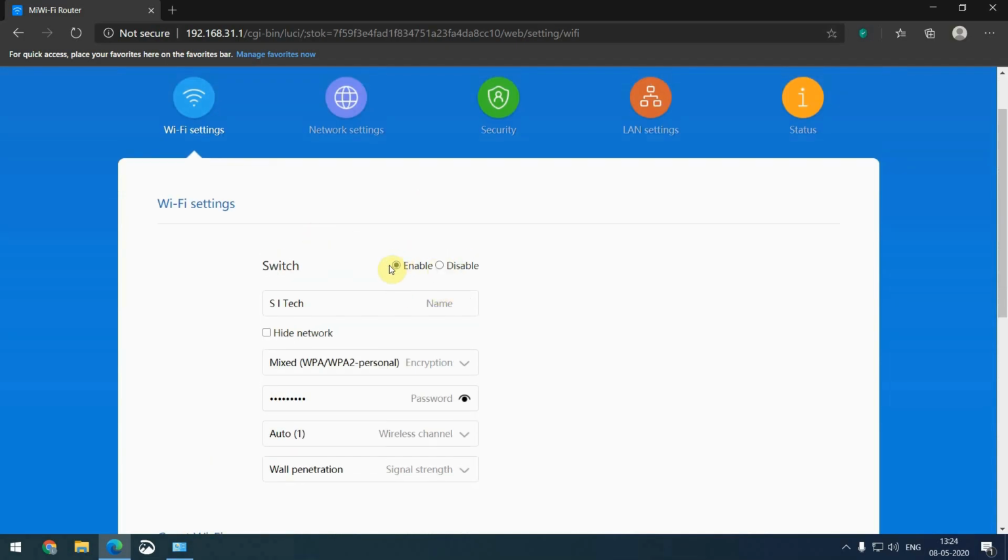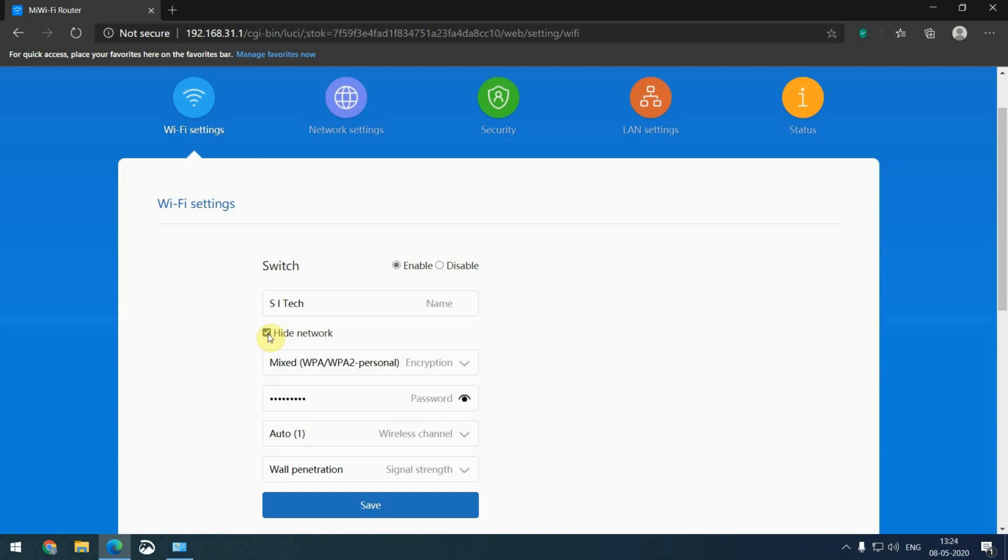Okay, coming to the Wi-Fi settings, here we can enable or disable the Wi-Fi. If you don't want to set up the Wi-Fi, we can choose disable. So this is the name that we have given for our Wi-Fi network. And if you want to hide the SSID, the Wi-Fi name, we have to enable this option.